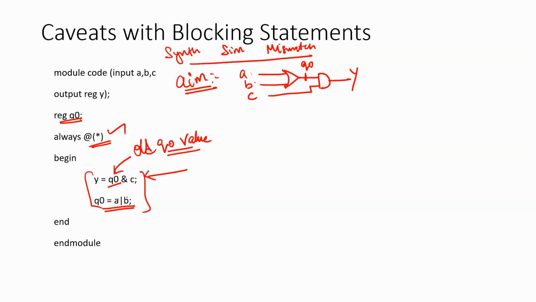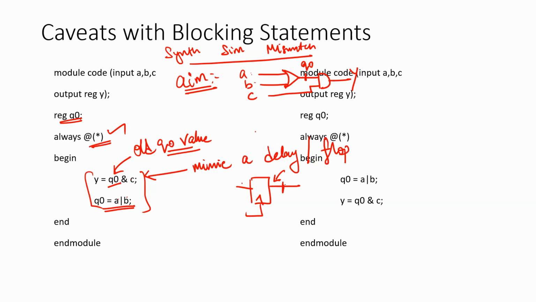So this will mimic a delay or flop, correct? When I have a flop, I will always look at one stage before, correct? Yes or no? If I have a flop, the value here is the one cycle before value, because this value is the previous value. Whatever comes on Q is the previous value. It will look as if there is a flop here. But when you synthesize, there will be no flop. If I change the order,